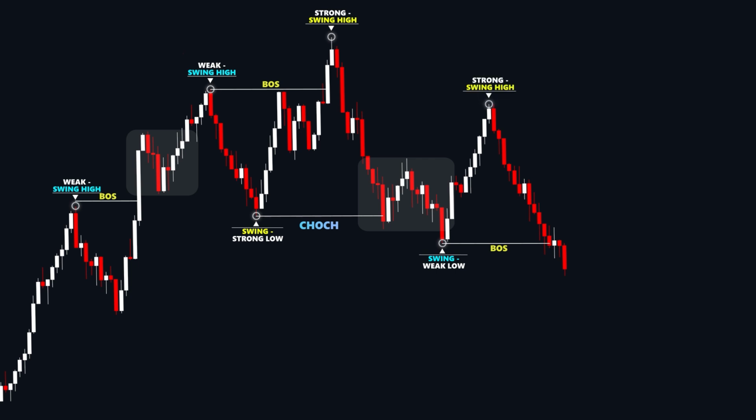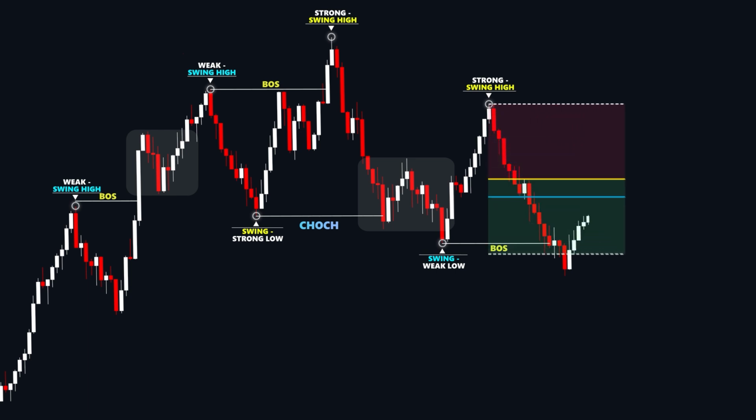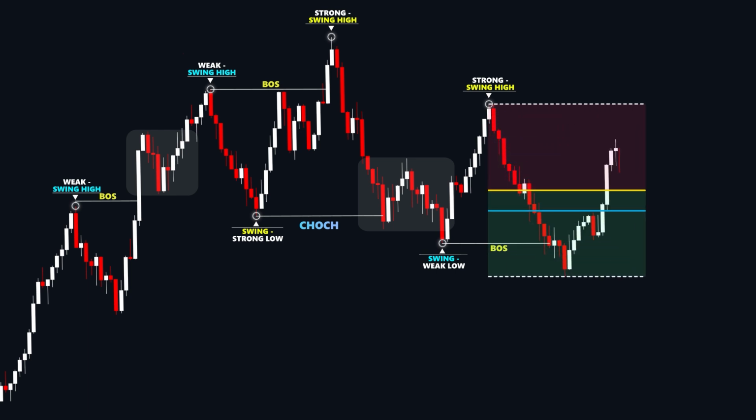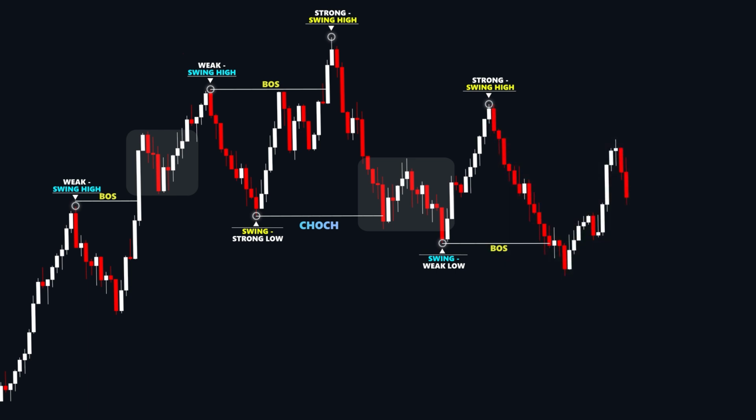One last step, after the new break of structure, price pulls back again. Draw Fibonacci from the strong high to the new low. Price touches the 38.2% level once again, so this is another valid pullback. We mark the weak high, and later, price moves impulsively downward again, giving us another break of structure and confirming